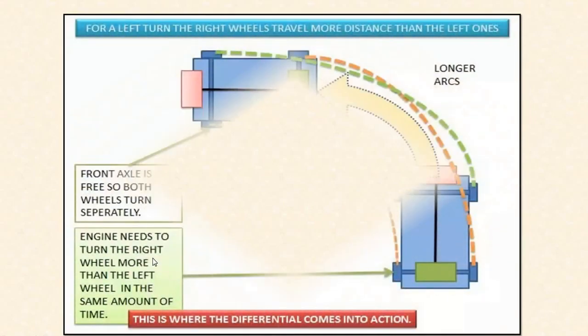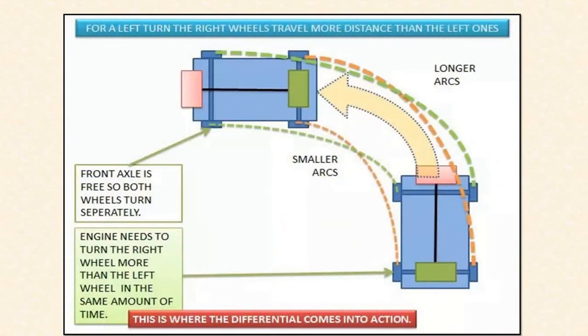Now we will consider it. It is clear in this picture, for the left turn that we have just discussed, that the right wheels travel more distance than the left ones. So just observe the path followed by the vehicle and how the vehicle turns in the left condition, so it covers more distance